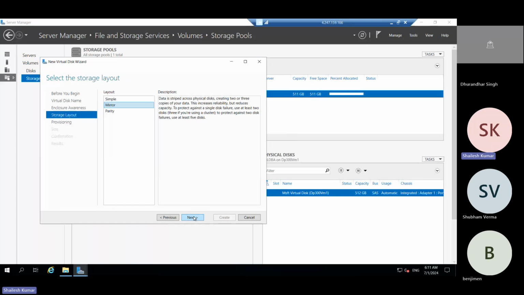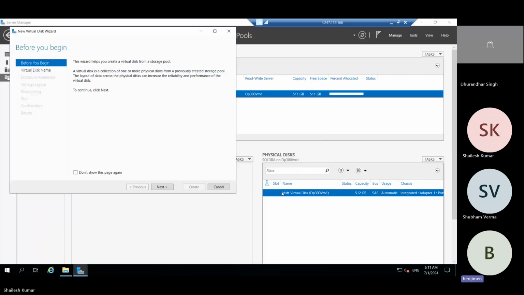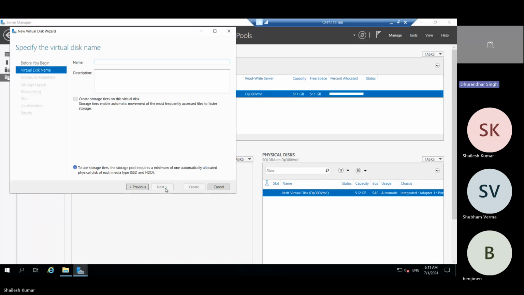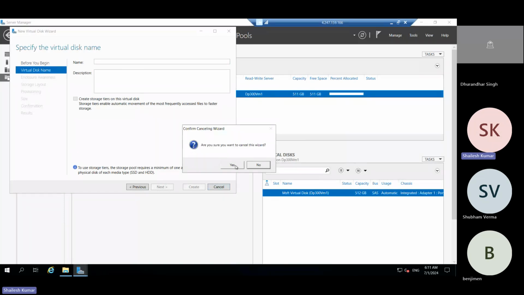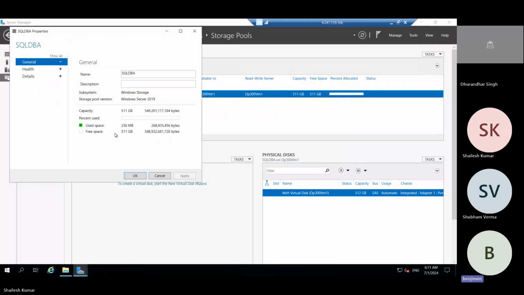Not mirror. Why are we not getting that tab basically for mapping this? We can map from here only. Totally free. This is okay.